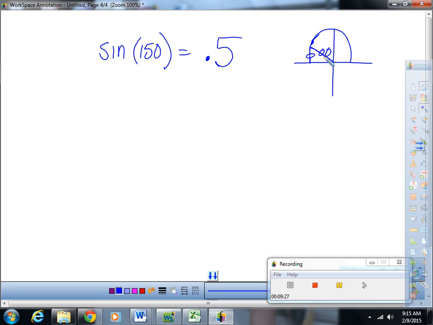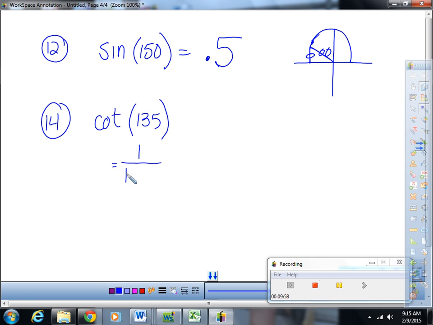All right, now let's do, that was number 12. Now let's do number 14, okay? 14. The cotangent of 135. Okay? Well, that is equal to the reciprocal of the tangent of 135. Okay? So that is the easiest way to do it. Type in your calculator. 1 divided by